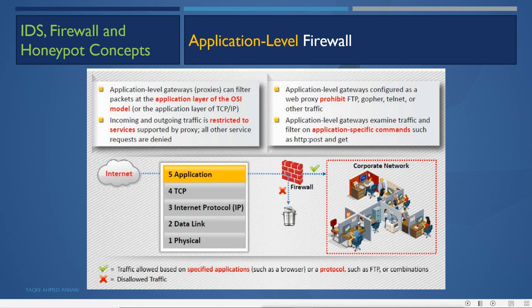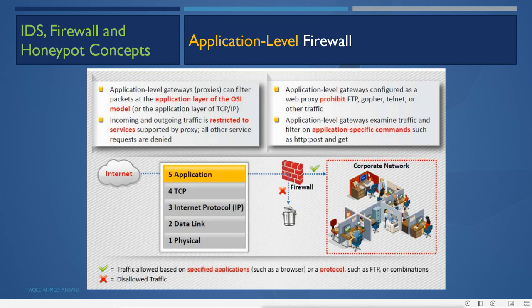So the proxy server is also an application level firewall, because the proxy is actually an application, and it does the filtering based on the services supported by the proxy. That means HTTP traffic and FTP traffic are supported by proxy servers, so it filters those kinds of traffic.